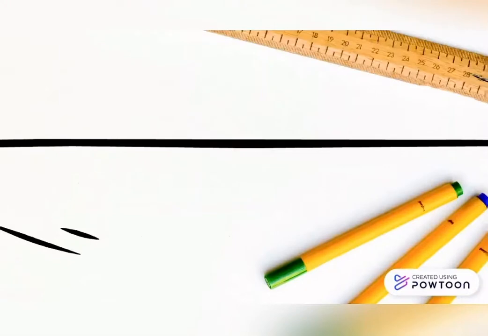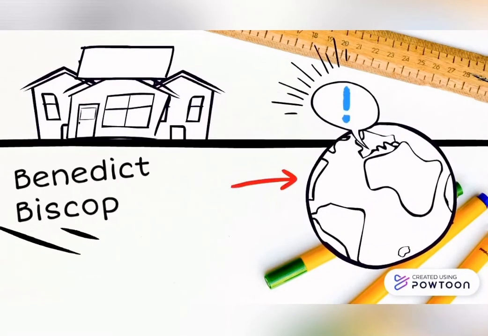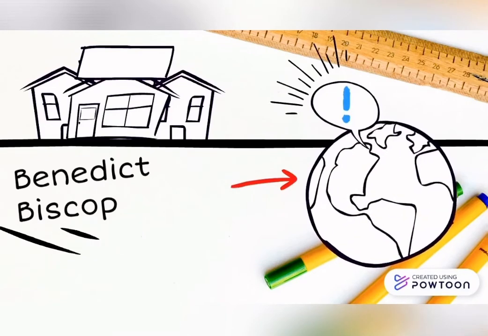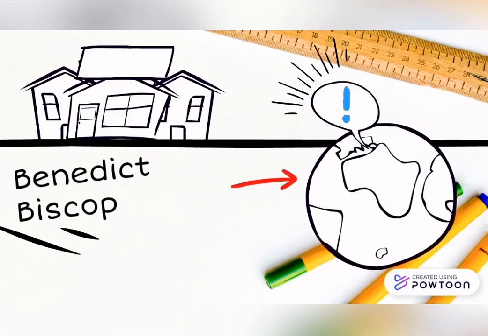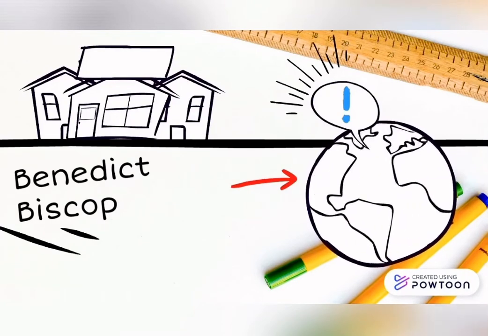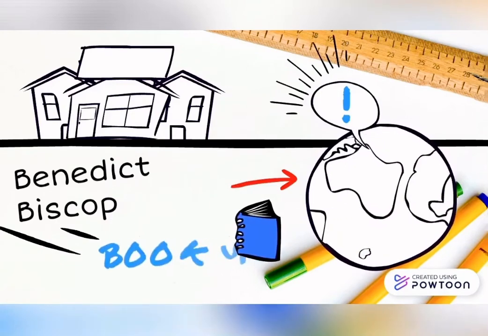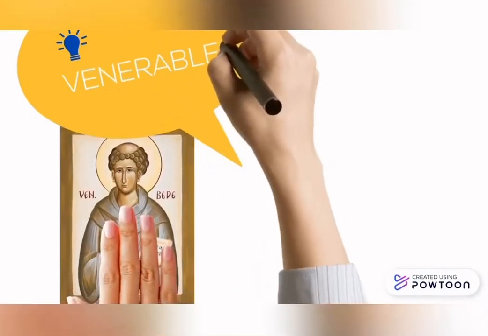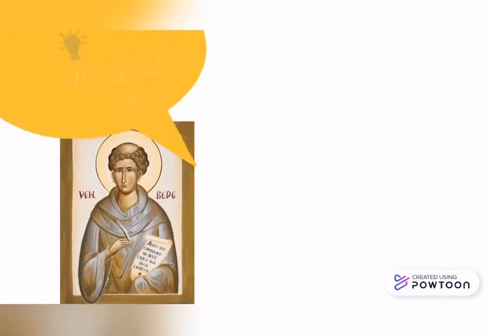The two monasteries of Wearmouth and Jarrow were founded by Benedict Biscop, who had been with Theodore and Hadrian at Canterbury, and who, on five trips to Rome, brought back a rich and valuable collection of books. Biscop's most famous pupil was the Venerable Bede, a monk at Jarrow. Bede assimilated all the learning of his time.